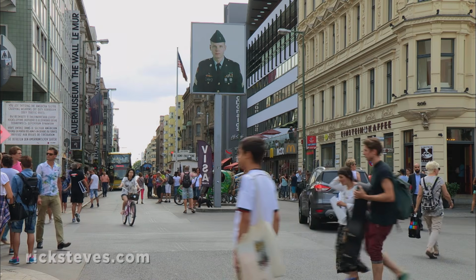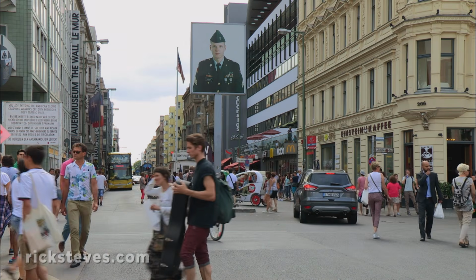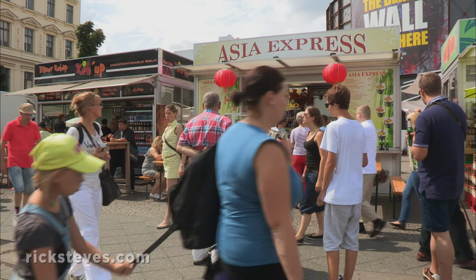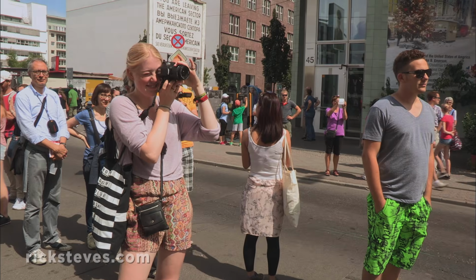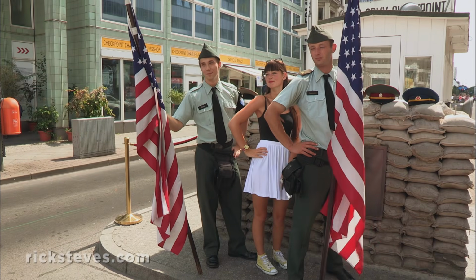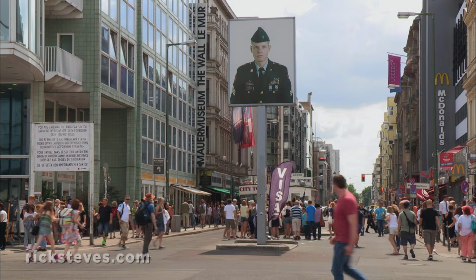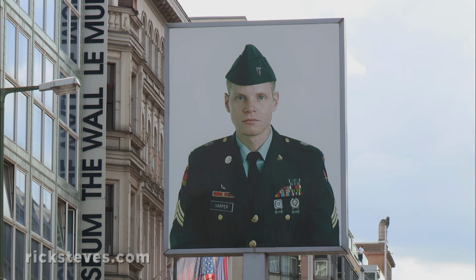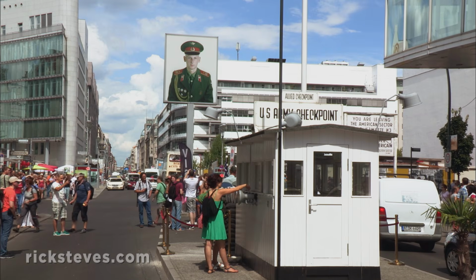Checkpoint Charlie, the most famous border crossing between the East and the West, stood about here. Once a tense and foreboding place, it's now a garish commercial free-for-all. Where serious military guards once stood, today actors pose playfully with tourists. Symbolizing the nerve-wracking standoff of the Cold War, a young American soldier faces east, and on the flip side, his